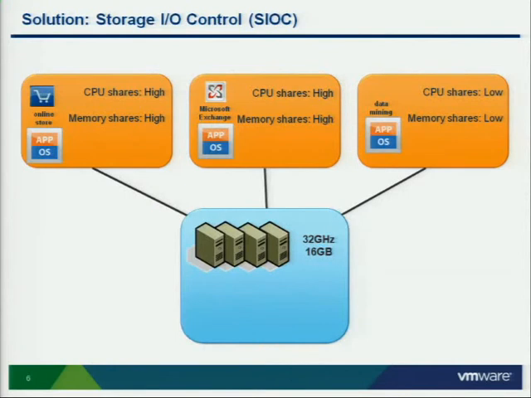So the way we're doing it is really, everybody's probably familiar with the ability to have shares for your CPU and your memory. And with 4.1, we've added the capability of adding some more intelligence around data or shares for your disk, as well as there's a network I/O control, which if you haven't heard about, is an interesting talk on that, as well as in our expo hall, we have some demos around a network I/O control. So really using more of, and that one we're actually, I may be going off a little bit off tangent, that's controlled at the distributed virtual switch, at that layer, not at a data store level,